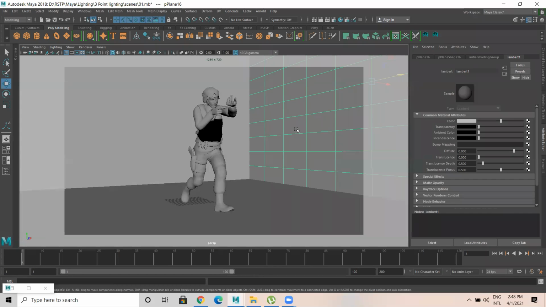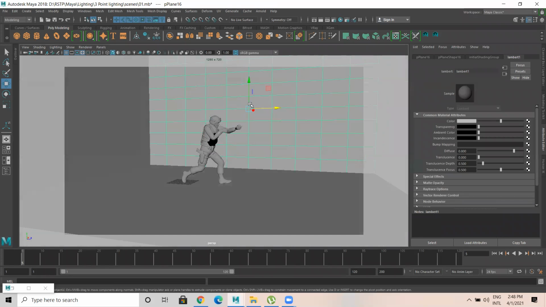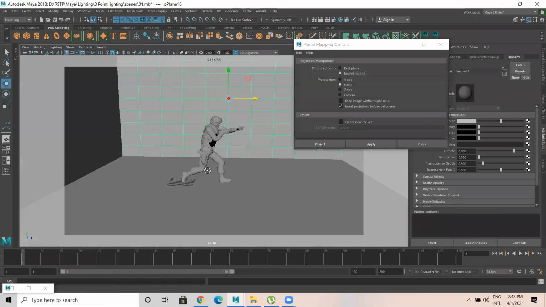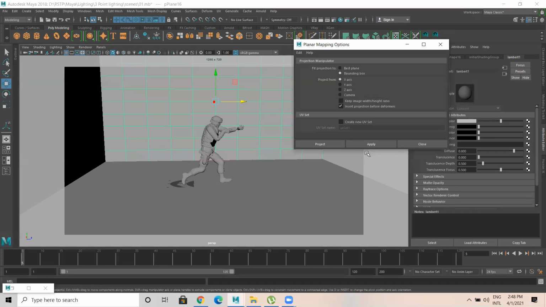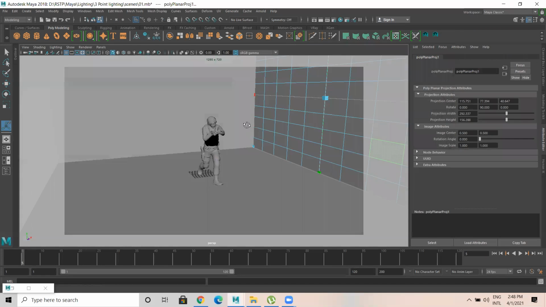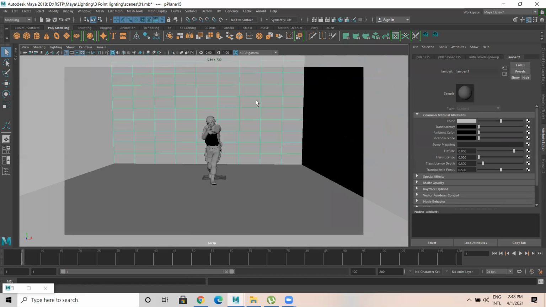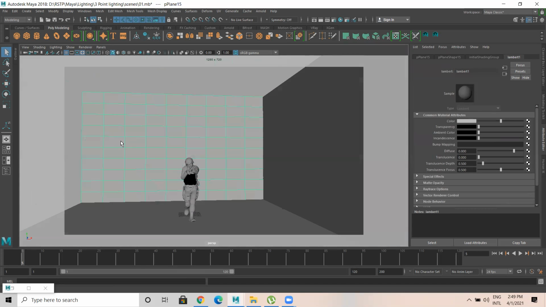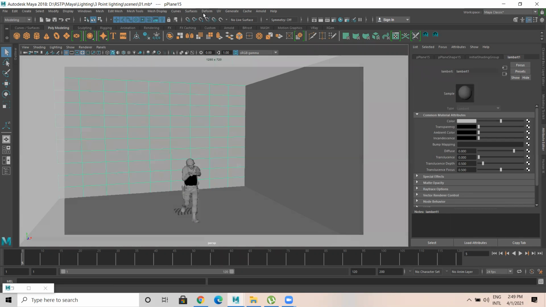Okay, so next is unwrapping. Just select this, UV, in which axis? Go with planar mapping, and it is the x-axis. See, every time I do a scene, I'll be starting from scratch so that you'll understand the texturing process again as well.